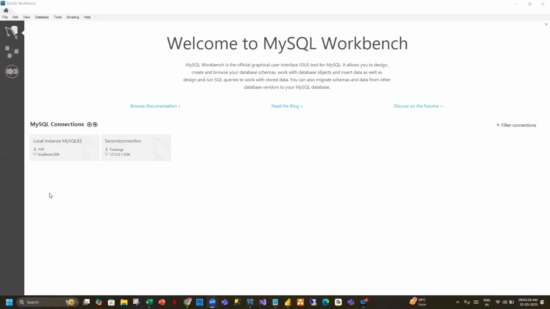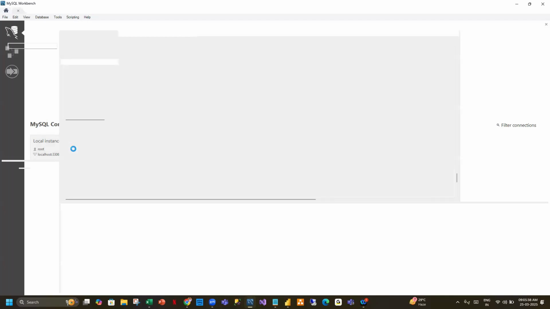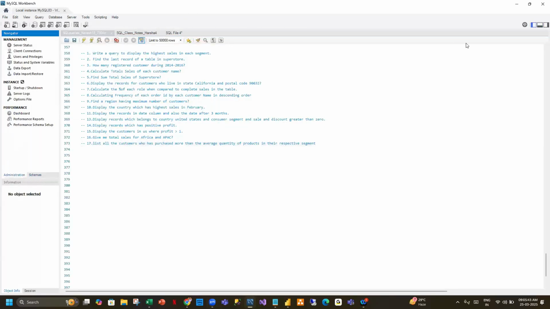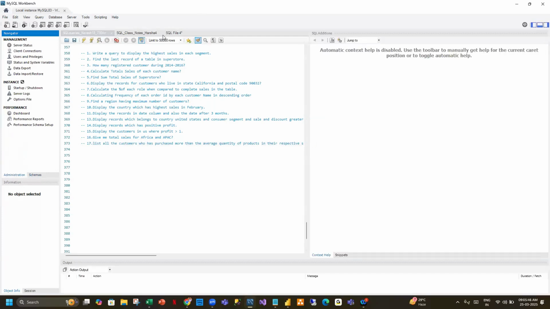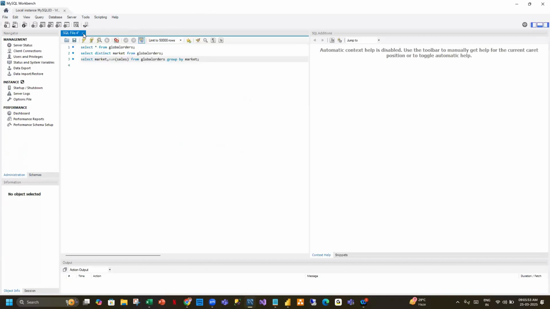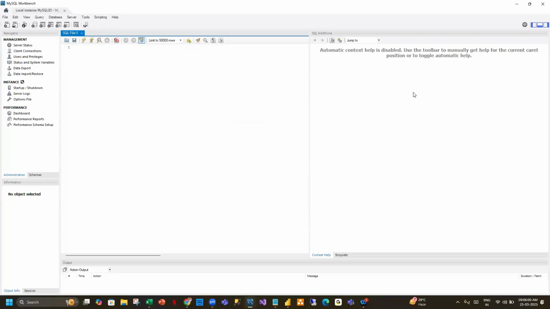So when you open MySQL, you have an instance here. These are the different connections we have. You all will have only one. If you click on it, you will open MySQL and it will look like this for you guys. Let me show. It looks something like this. Well, if you open it and see,